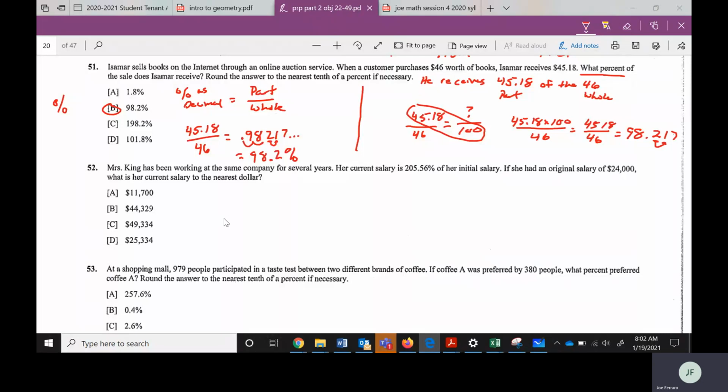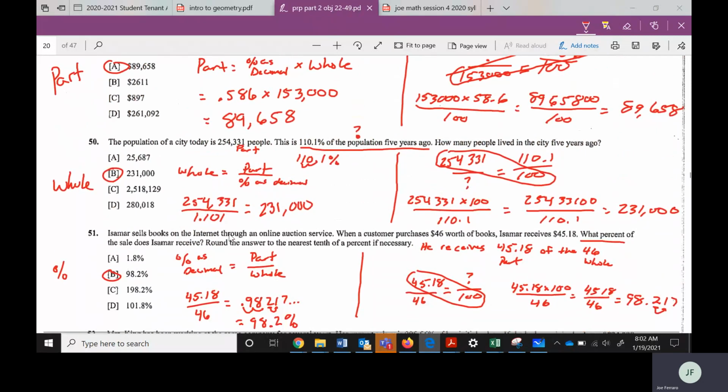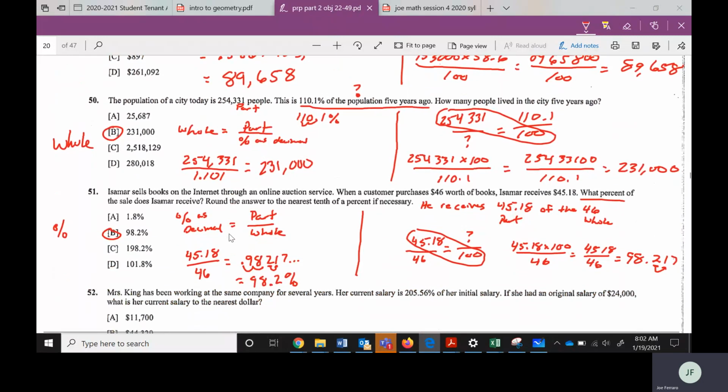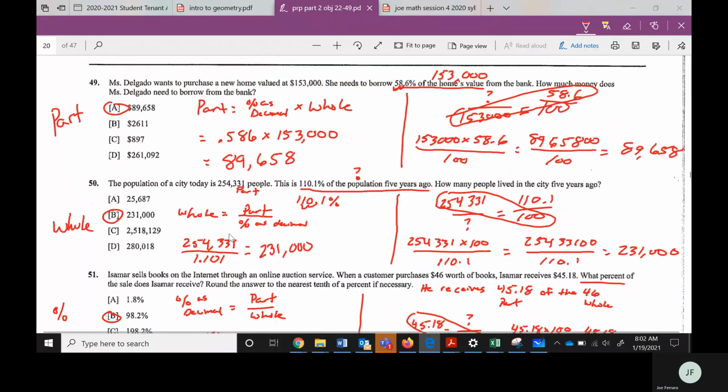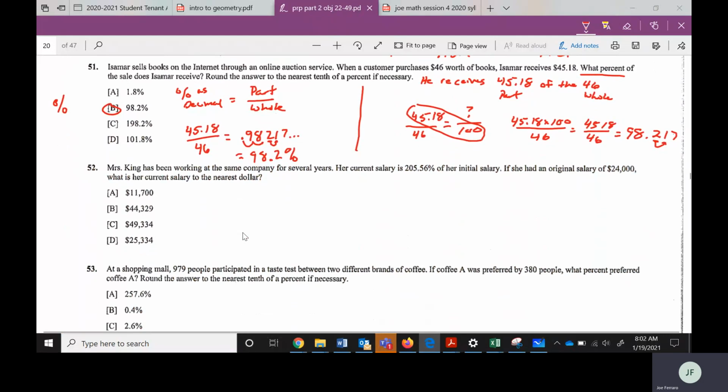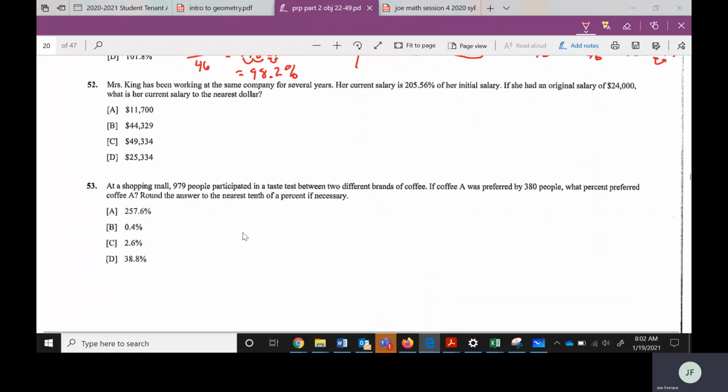So we've done one of each type of problem. Now the only reason I'm doing a couple more is because there's going to be some where the numbers are just a little different. And again, this is what makes it different from last session when we did problems just like that. But the numbers can be very big, we can have big percentages or really small percentages, and that makes it a little more difficult. So number 52 here,